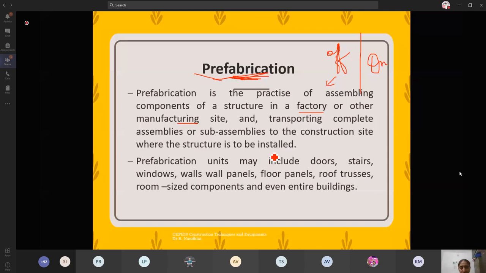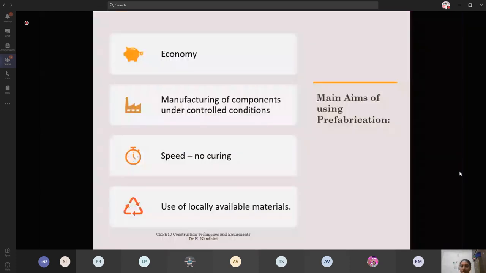Prefabricated units may include doors, stairs, windows, wall panels, floor panels, roof trusses, room-sized components, and even entire buildings can be transported. The main aim of prefabrication is economy. Whatever project you take, you will mainly consider the financial aspects.